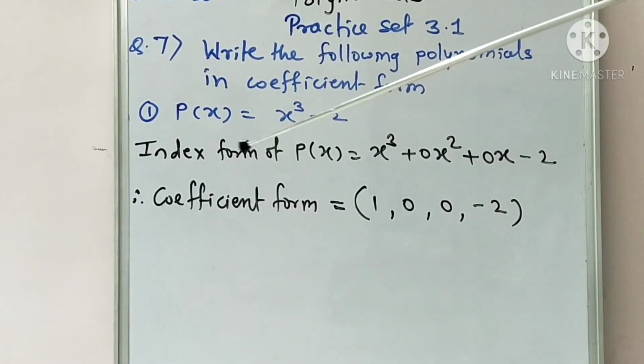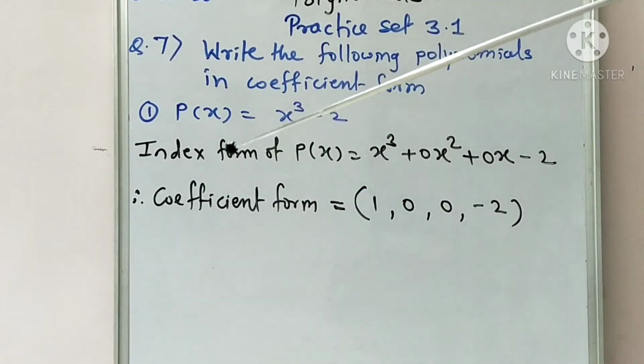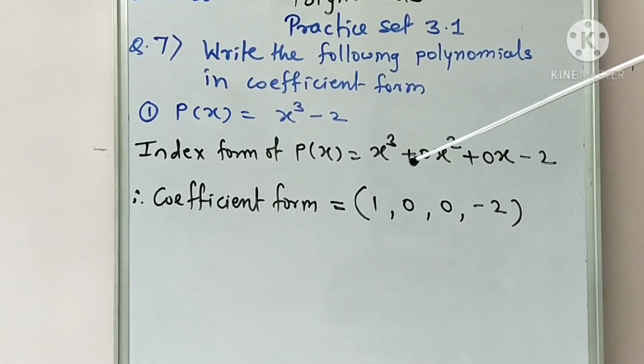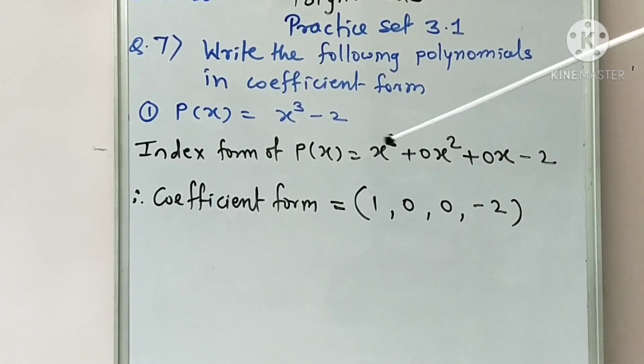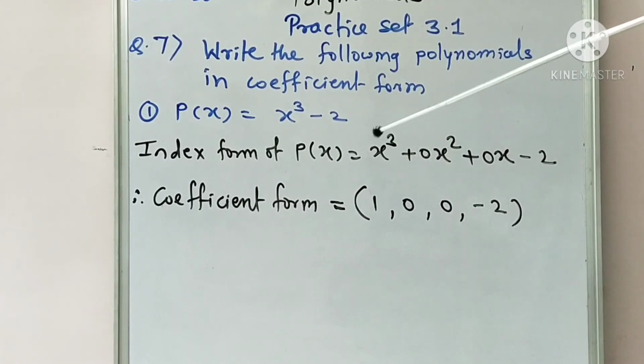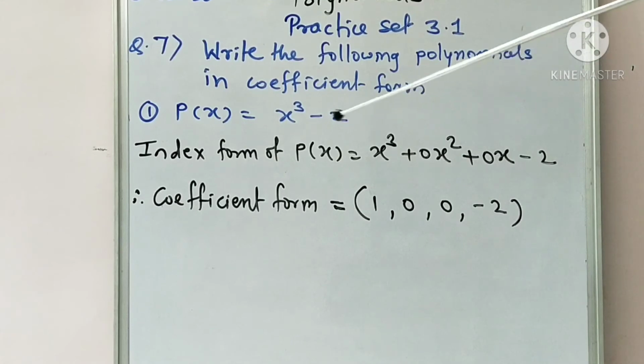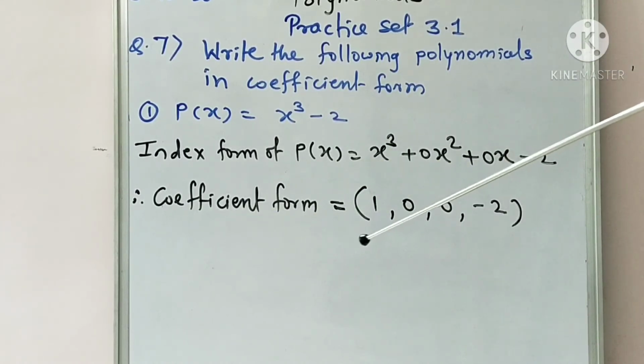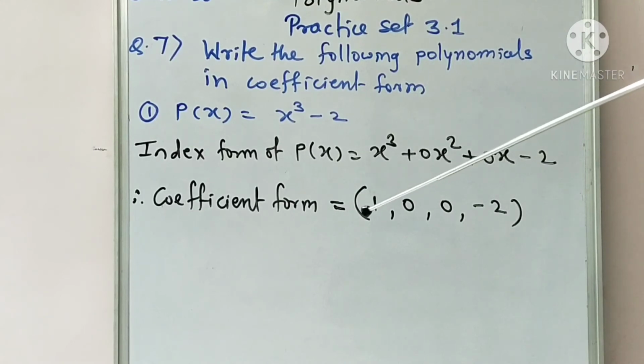So like this we simplify it. First we write down its index form as x cube plus 0x square, because of the descending order of degree 3. Next power is 2, which is not here, so we take its coefficient as 0x square, plus again 0x minus 2, and then we write down its coefficient form as only the coefficients 1, 0, then 0 and minus 2. Okay,